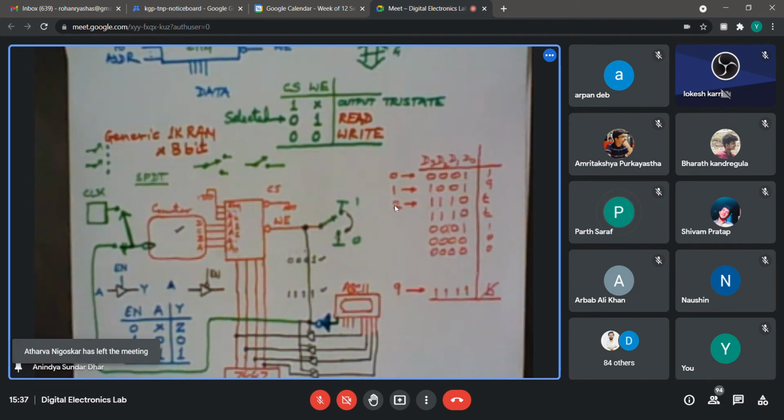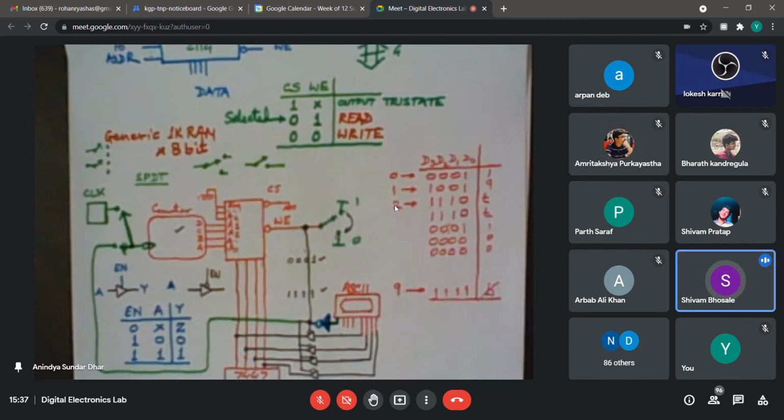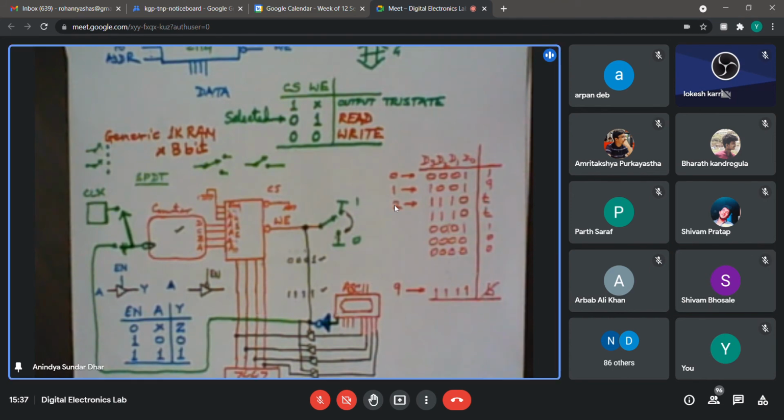Not used. I think you designed that error subtractor with equal to, right? That IC had a multiplexer inside it itself. We did not use an external multiplexer. No, the IC. What is that particular IC that you have used?